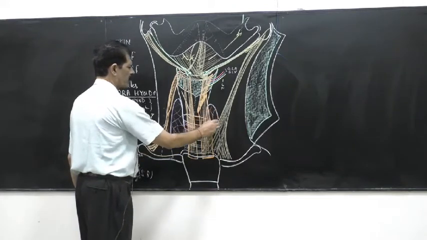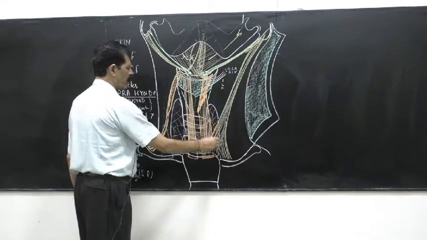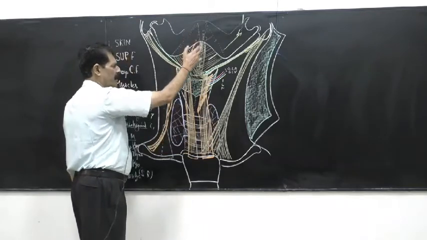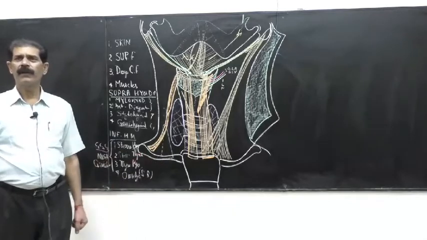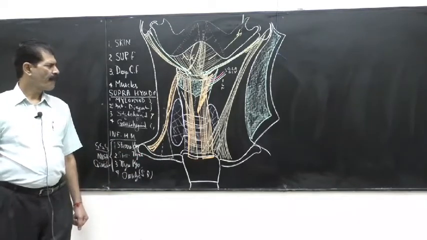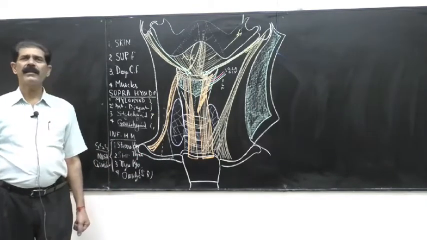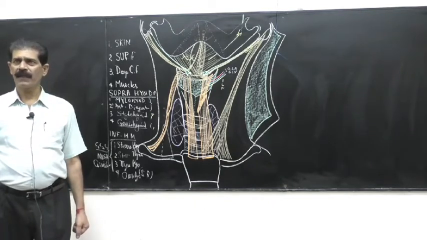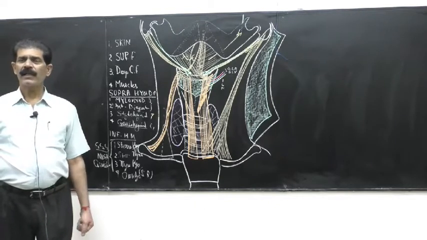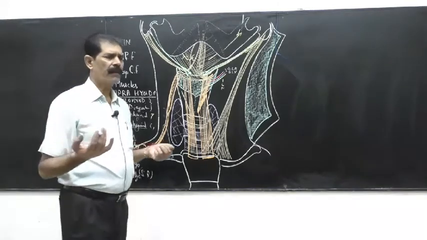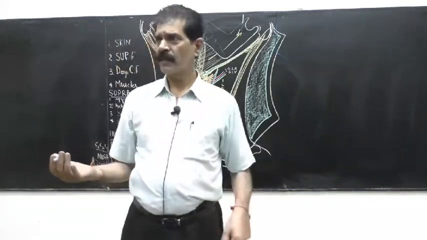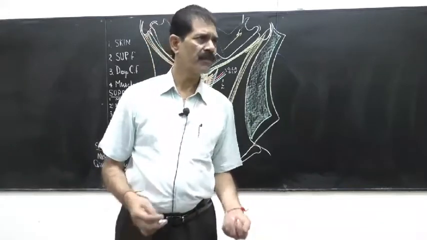So whenever a question comes, write a short note, draw and label the midline structures, then you have to make this diagram with the thyroid gland included. So these are the muscles, supra- and infrahyoid muscles with their nerve supply. What else do you expect in the anterior triangle? Because muscles are rich in blood supply. So see how the blood supply comes.